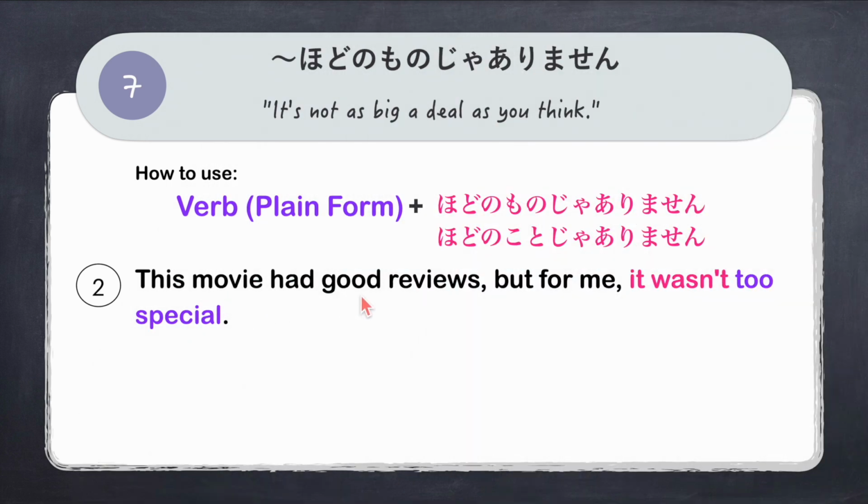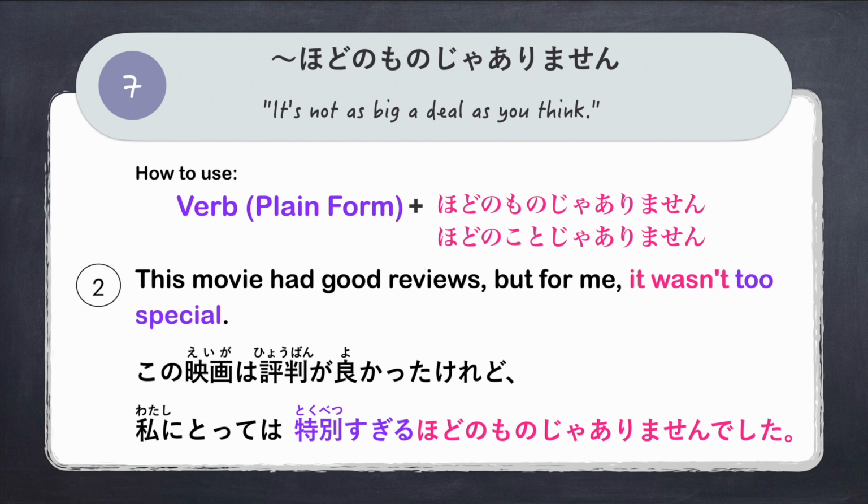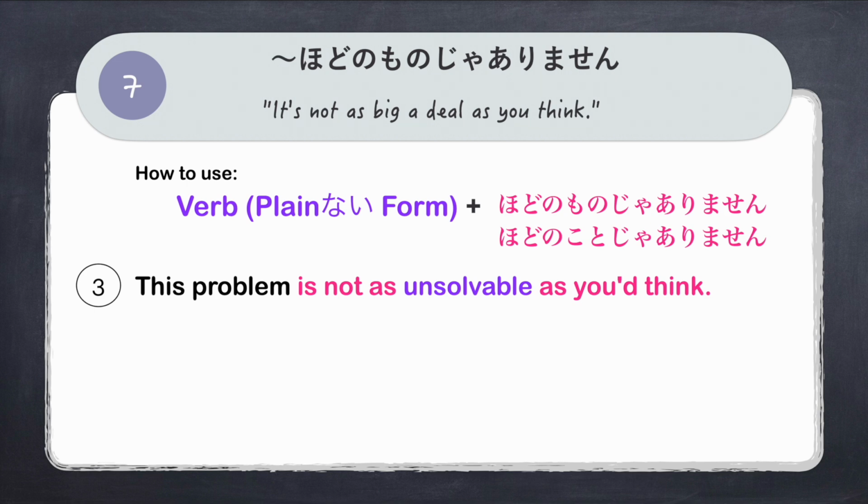Another example, this movie had good reviews, but for me it wasn't too special. この映画は評判が良かったけれど、評判 means reviews, good reviews. It has good reviews, but it's not to the extent that it is extraordinary or special for the speaker. We say, 私にとっては, for me, 特別すぎる. 特別すぎる means to be overly special. Then we add ほどのものじゃありませんでした。It wasn't too special, or it wasn't as special or as big a deal for me. 私にとっては特別すぎるほどのものじゃありませんでした。